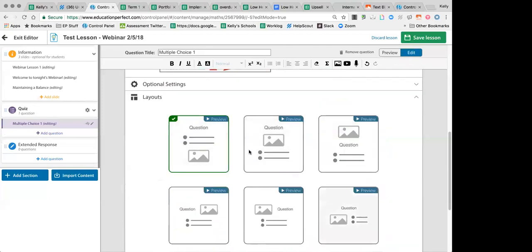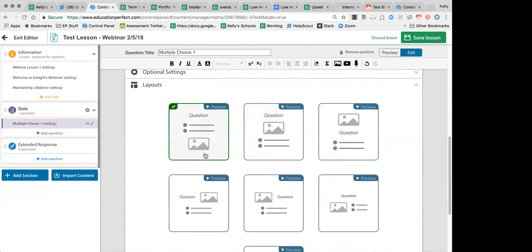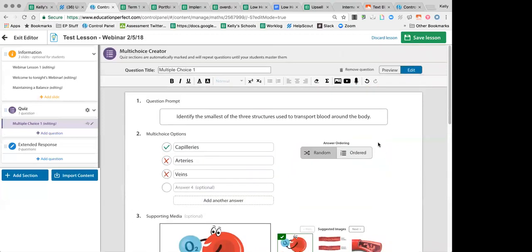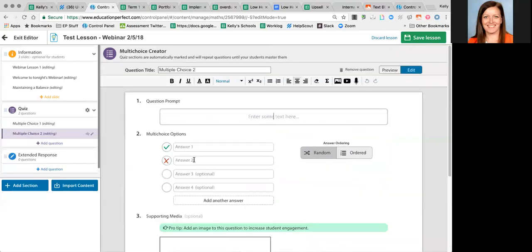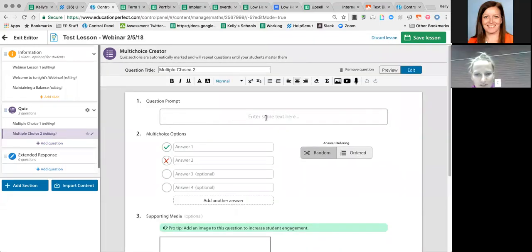You can change your layout depending on the type of question you're asking. So I'm just going to leave it at the default layout just there. So that's one question done. So the next question, I may